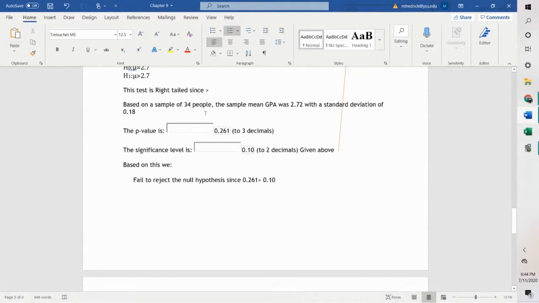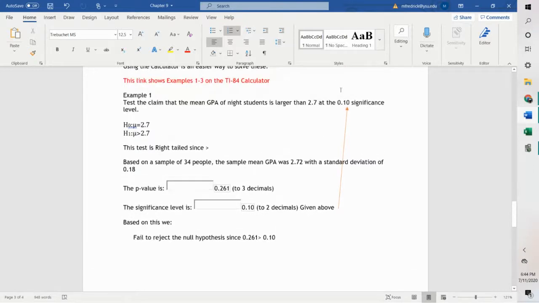Based on a sample of 34 people, the sample mean was 2.72 and the standard deviation was 0.18. And so we want to find the p-value and compare it to the significance level that was given. It's the 0.10. And then, well, we'll see why we reject once we find this p-value. To find the p-value using the calculator,